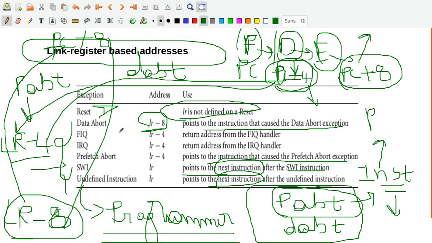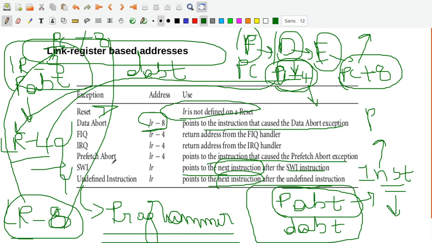Whenever you use link register LR minus 8, first PC plus 8 you copy. Of course, what you have to do, LR minus 8 should be copied to the PC. So when you copy LR minus 8 to the PC, which is PC plus 8, finally you are copying LR to the PC only. So that is what you do, LR minus 8.